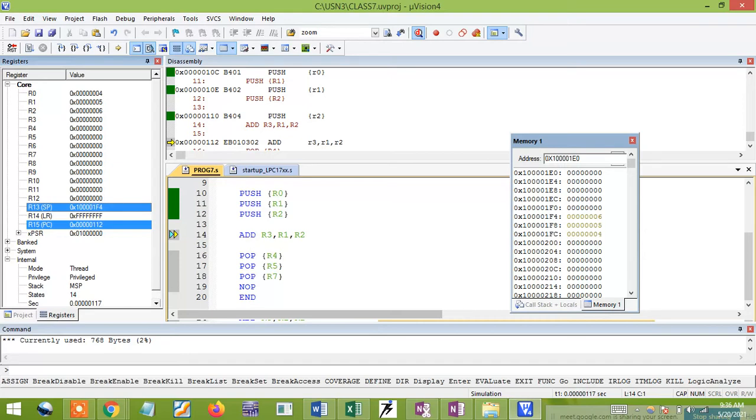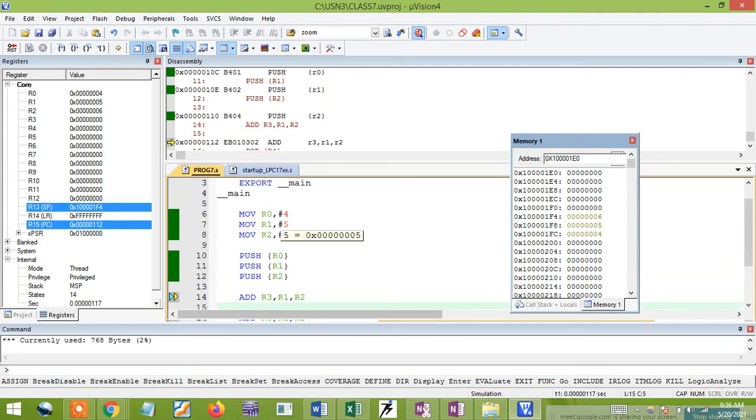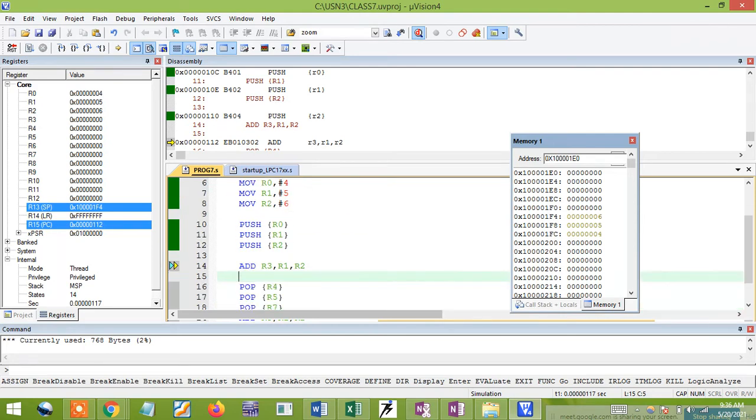Once you did the push operation, I'm doing some arithmetic operation, just addition of R1 and R2. No need; if you want, you can directly pop it, but for a simple explanation I'm doing this. R1 value, according to this, is 5 and R2 is 6. 5 plus 6, what is the value? 11 means R3 value.